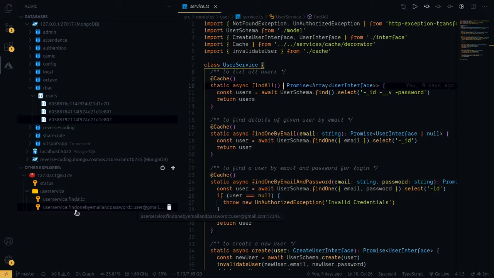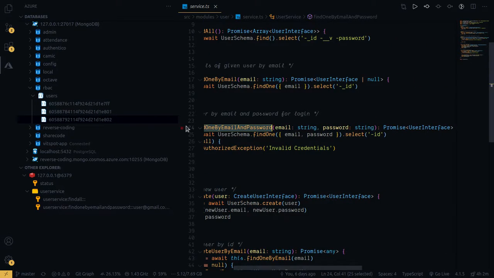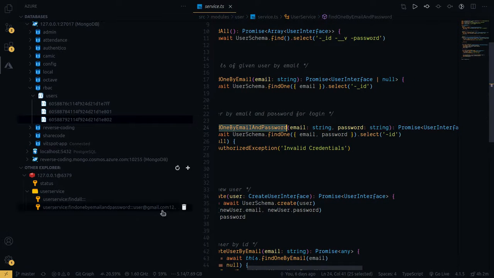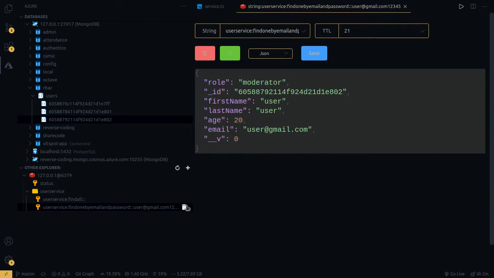So if you check out findOne by email and password, that is basically this userservice.findOne by email and password. And yes, because the arguments are what define the response of the function, they are also included in the index itself. So if you try opening this particular index, you see that it contains the details of this user. Plus we also have a TTL setup, and it would expire in some time, so that is also handled.